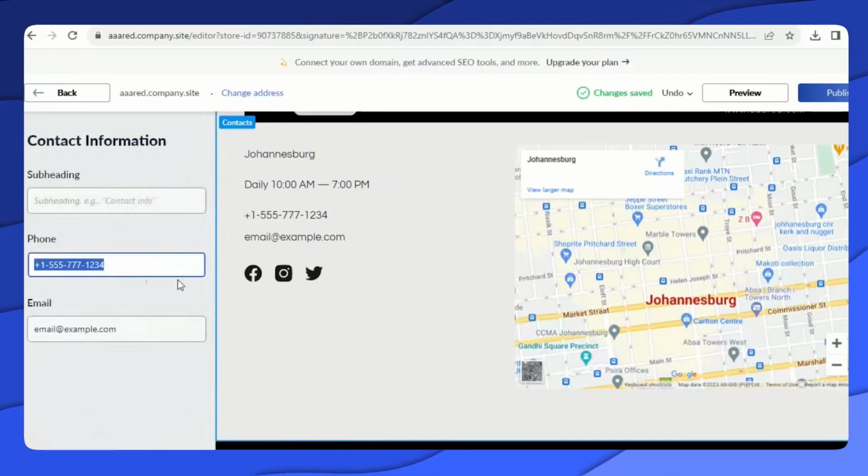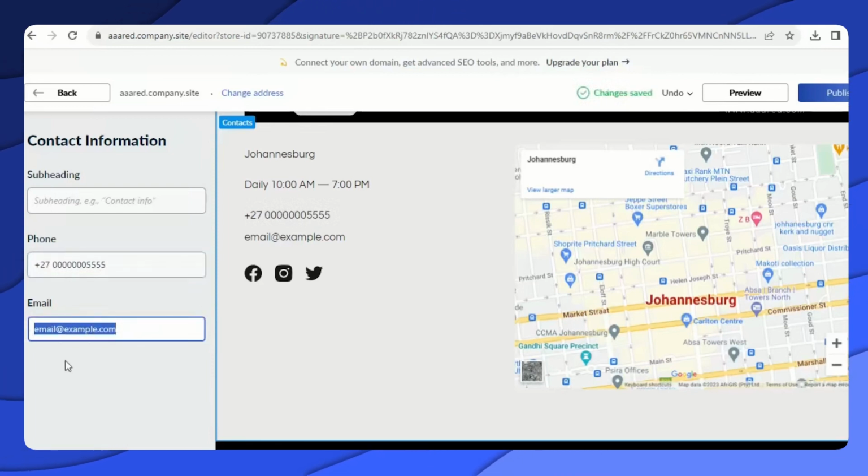And I'm just gonna do maybe the South African number, which starts with +27 and maybe some 000 and maybe some 5, and that's the number. And the email, I like to have an email that is the same as my shop. So the name is AAA Red. I would like maybe to have something like AAA Red